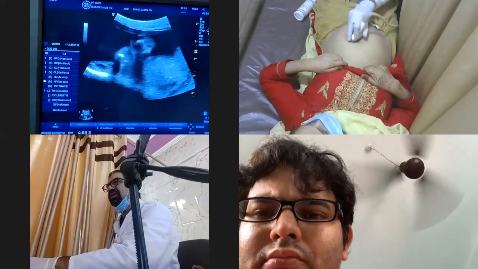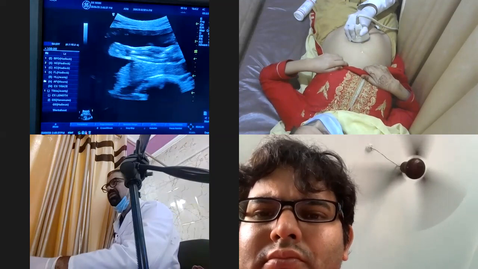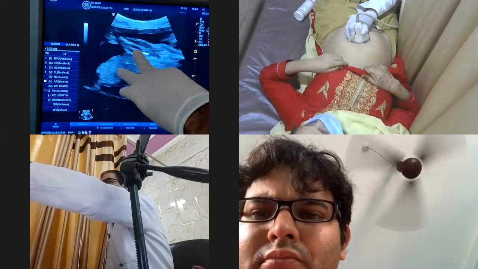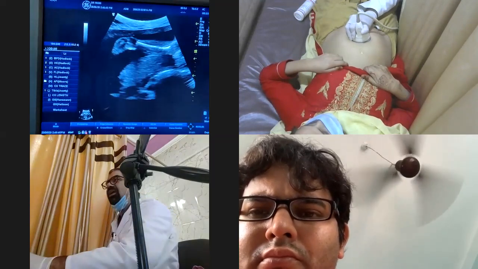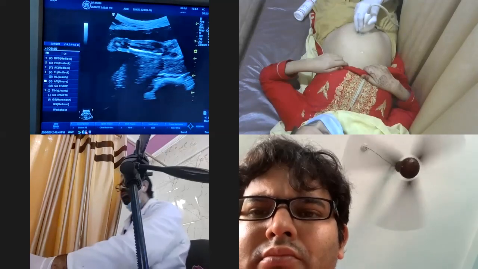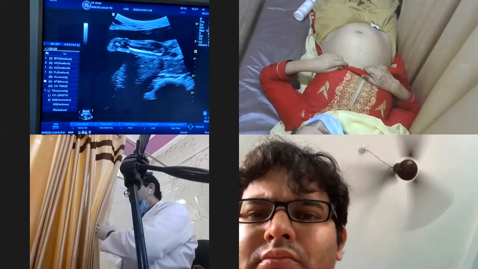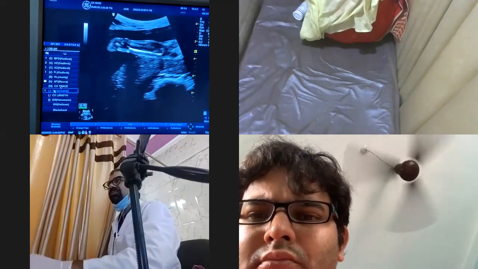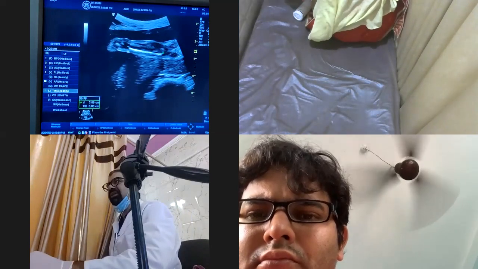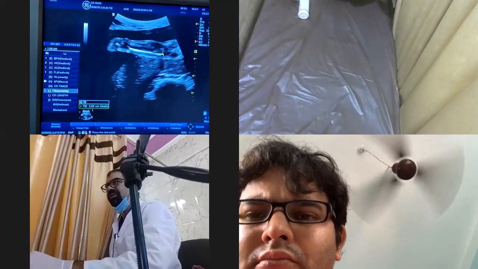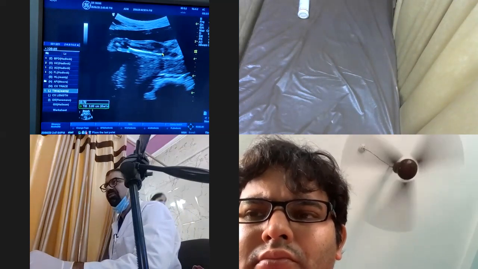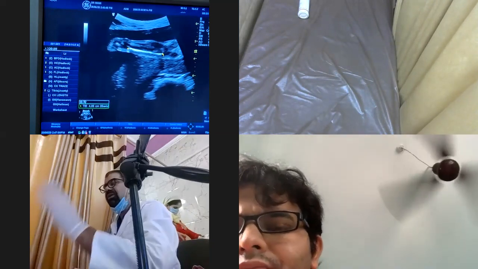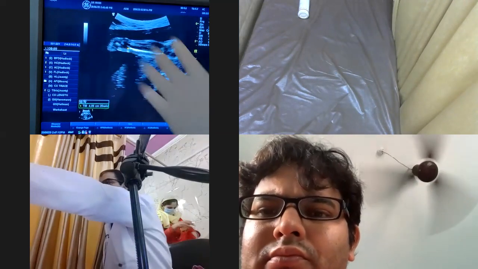This is the tibia, and this is the foot over here. I'm not seeing the sole of the foot when I'm seeing the tibia and fibula. So this is not a club foot. Okay, so we'll leave the patient, and meanwhile we'll be taking the tibia. So now going to the tibia and taking the length of the tibia. It's over here. So this way we are taking the perimetry of the fetus.